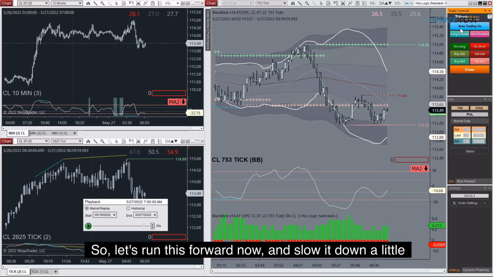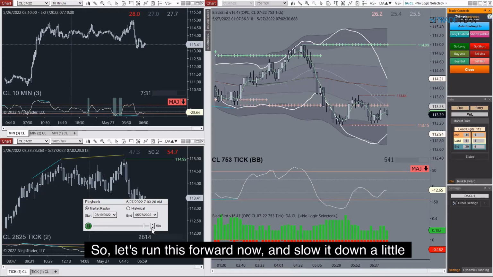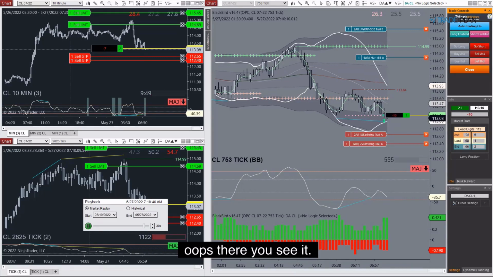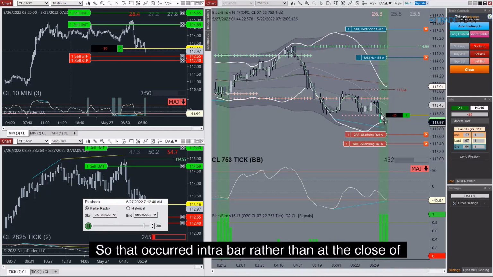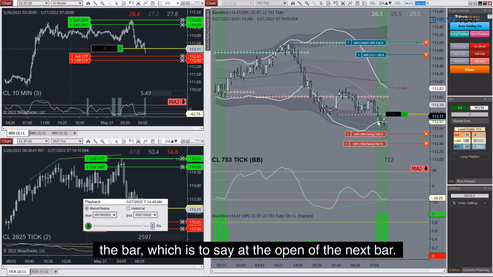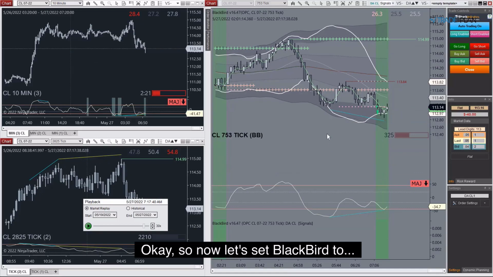So let's run this forward now. We'll slow it down a little bit. Order submitted. And there you see it. So that occurred intra-bar rather than at the close of the bar, which is to say at the open of the next bar. Okay, so now let's set